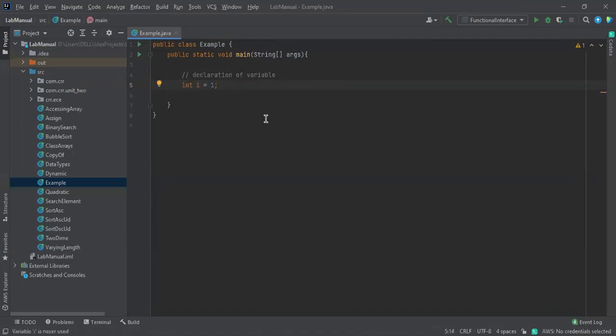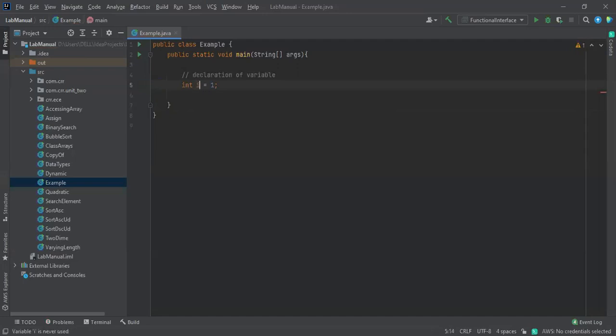There are some conditions. You should not start with a 2, because the variable name should not begin with numerics. The name of the variable is not a numeric value. It should be alphabets only. You can also use an underscore. Underscore is possible, and hyphen is not possible. There should not be a number at the start. Numerics are not allowed at the beginning, but after that you can take numerics.